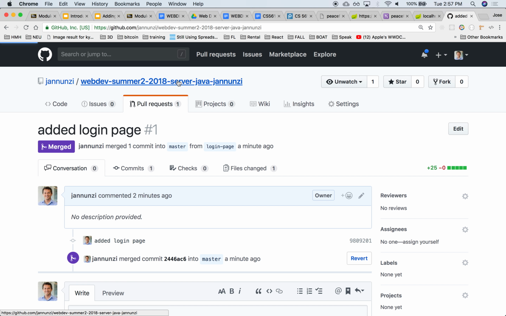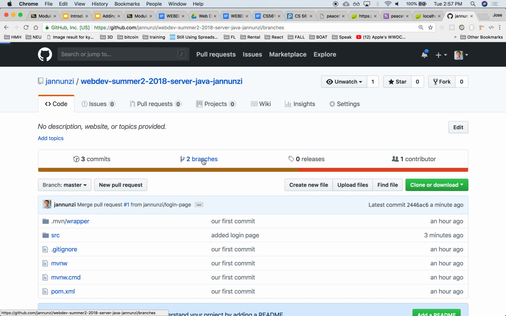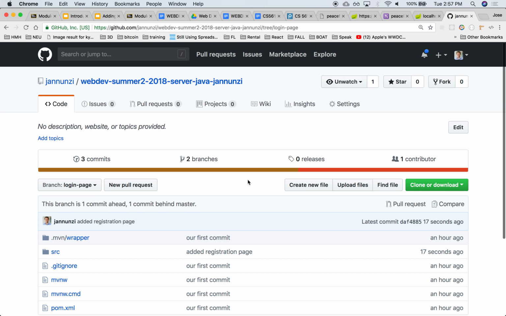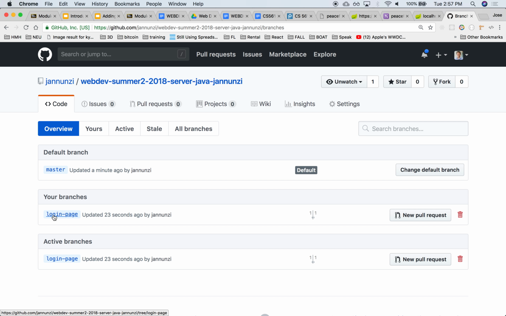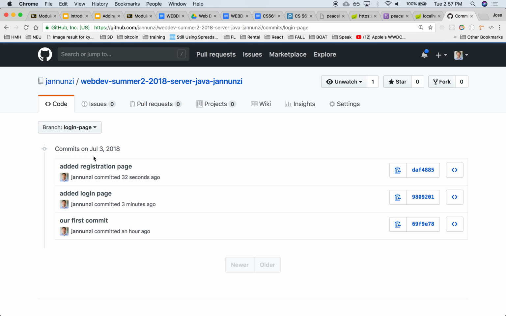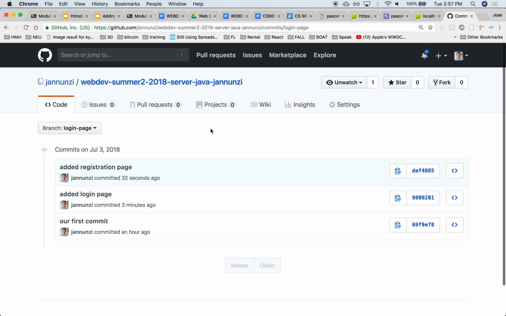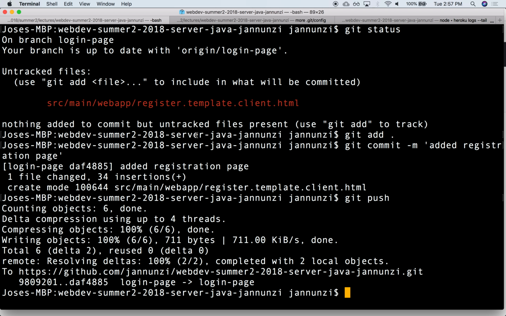Let's see what this says now. Branches. We have in the login, 2 branches. 23 seconds ago. Your branch commits, and we just added the registration page. There it is, right? So once you've pushed, everything's out on the remote server. Other team members, once you let them know, right, that everything has been